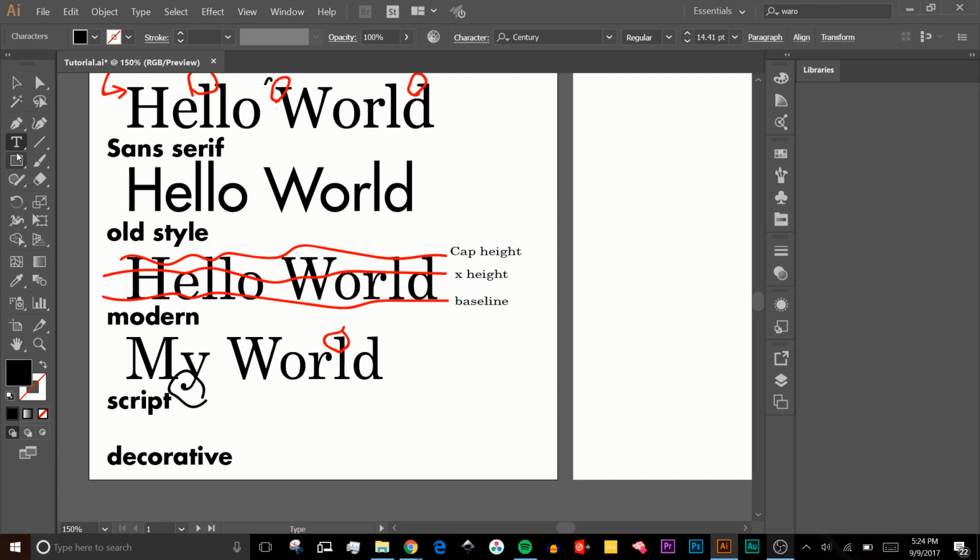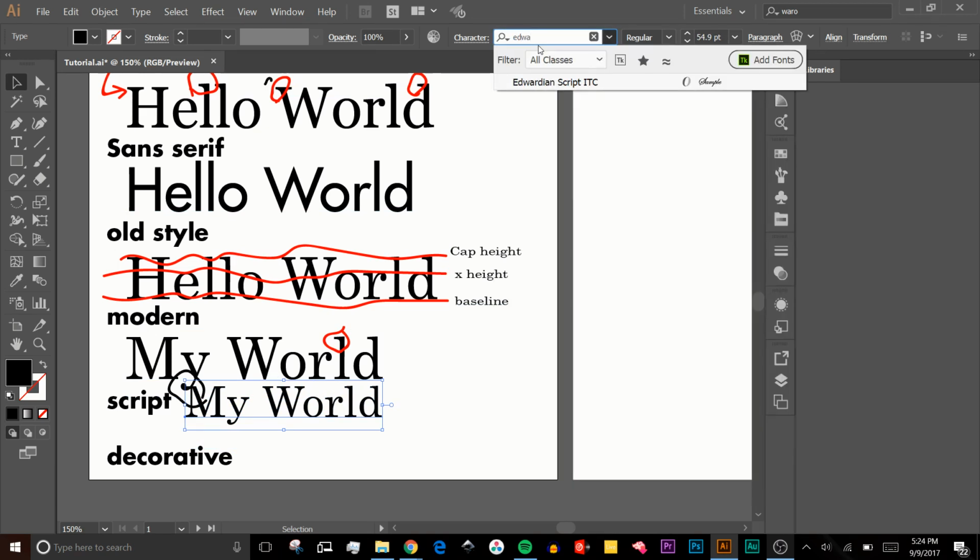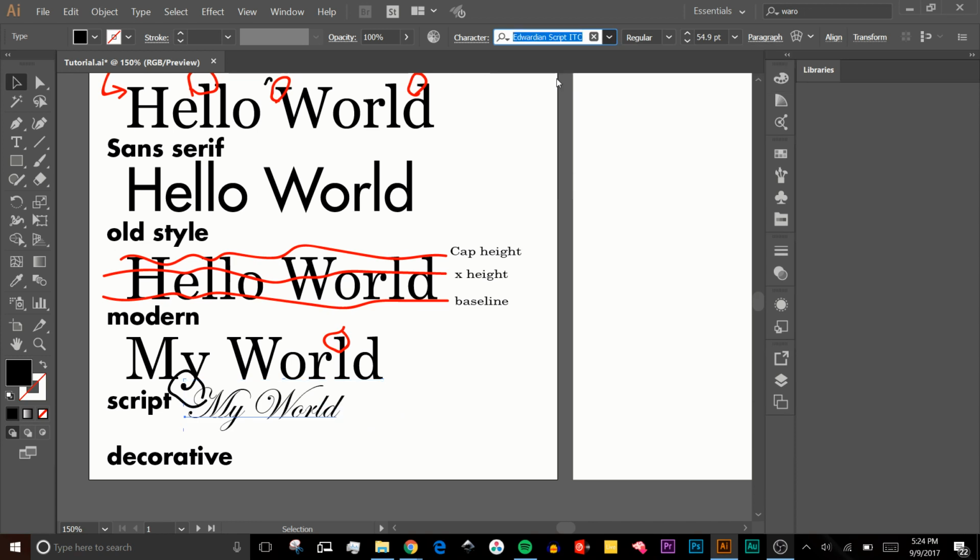And then let's get a script and a decorative font. So if I want a script font, I'm going to take my world here, Alt, make it a little tinier. And then from scrolling around, I remember I saw Edwardian script here. So this would be a script font because it looks like handwriting or cursive, which makes it what is called script. And then the last one is a decorative type font,